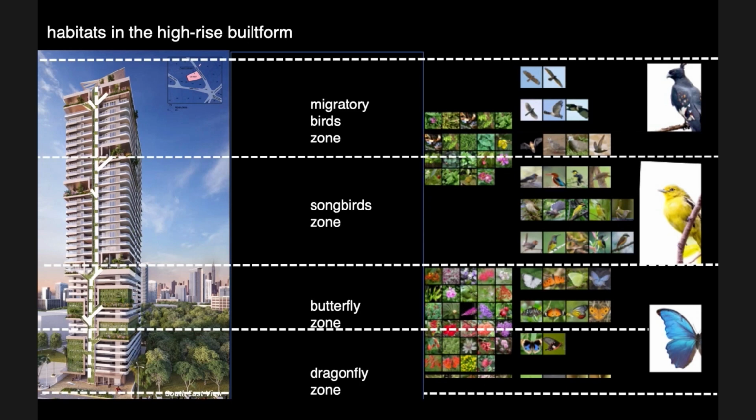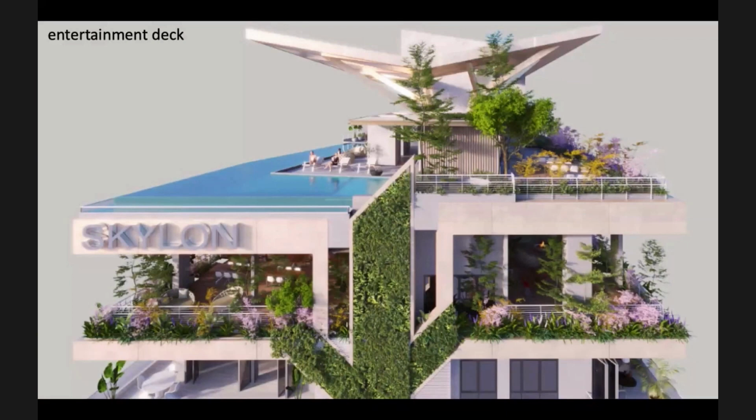So in this way, we choose the species, we choose the vegetation, the flora to attract these species. That's the upper part of the building, and that's the roof, the canopy over the building. And the building actually has 4 swimming pools. We have the lap pool, the family pool, the jacuzzi pool, and the children's pool. So these are the 2 pools in the upper parts of the building.